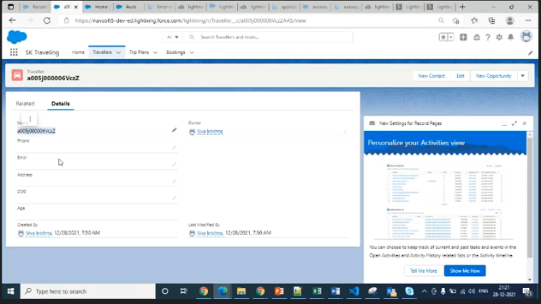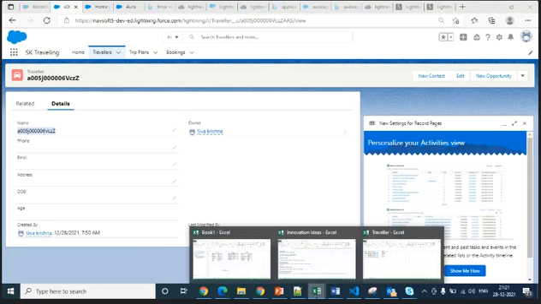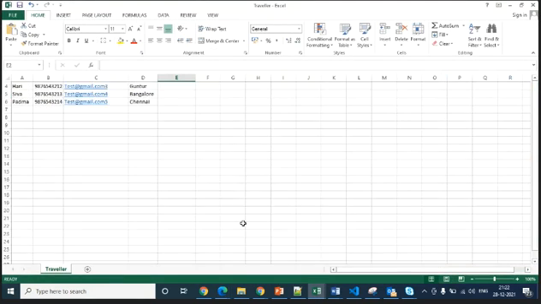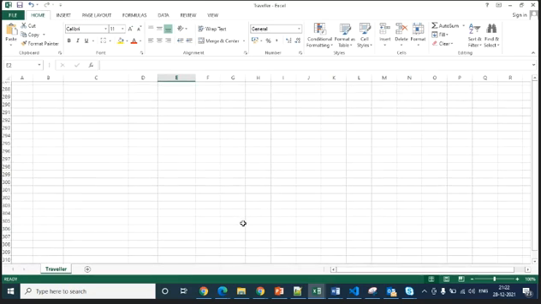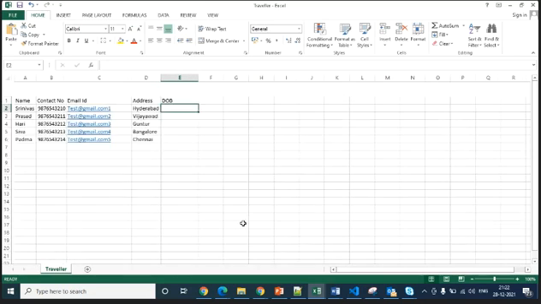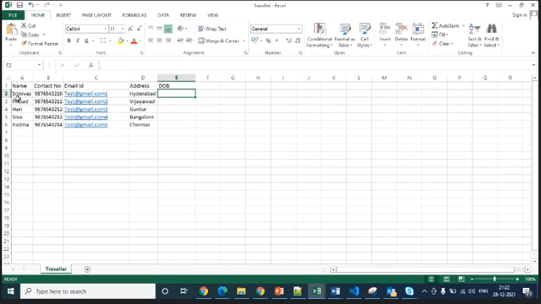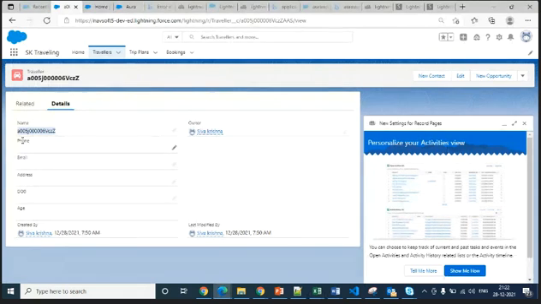I did not mention any name in that file. Basically, these are the values that have been created.